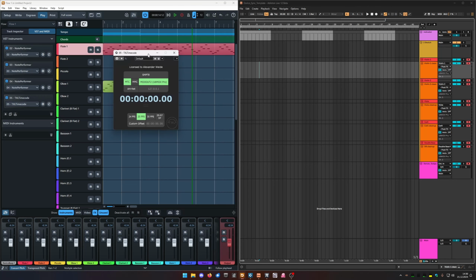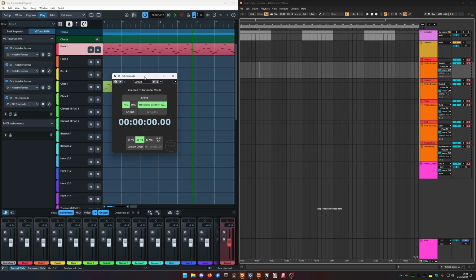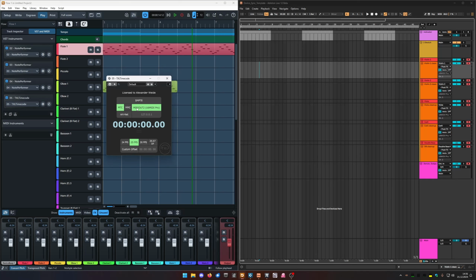It's a VST. You can drop it right in here. Make sure the SMPTE is off because it will only create a click sound. But in order to use it, you have to output your MIDI data. And for that, I use the